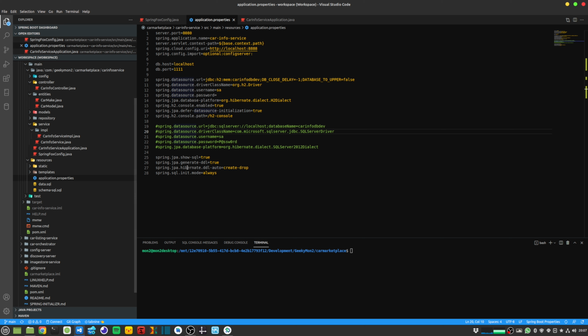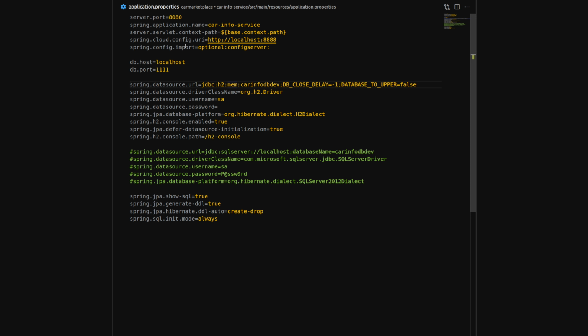Next, I'll show you my application.properties. So the server.port and the Spring application name are related to my Spring Boot configuration. And I have added the context path so that I have a base context path defined before any of the other endpoint gets mapped. And then the couple of properties over here are related to my Spring Cloud config server. So I have covered the Spring Cloud config server in a separate video, and you can click on the link above if you would like to see that.